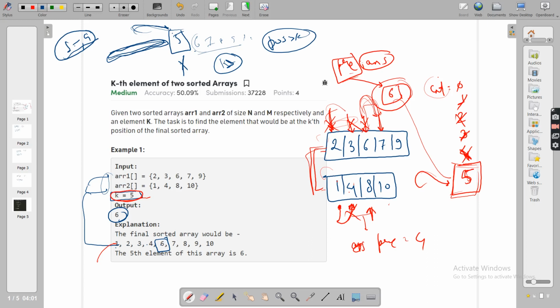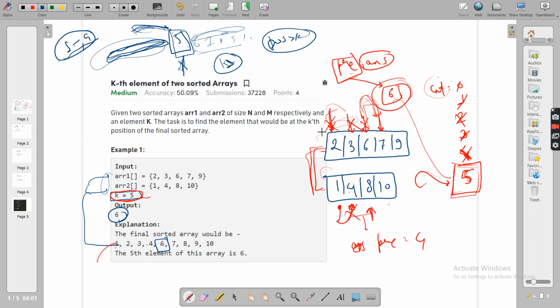And so this was the first hint. The second hint: all these elements are unfavorable. After your k, everything is unfavorable. And even before k, you're not storing any element. You're just making sure that there are sufficient elements to its left, which means before the fifth position element, there are 4 elements which are lesser than or equal to this x. That's it. That's what you are doing. Now see guys, I'll come back later to why I laid so much emphasis on this.